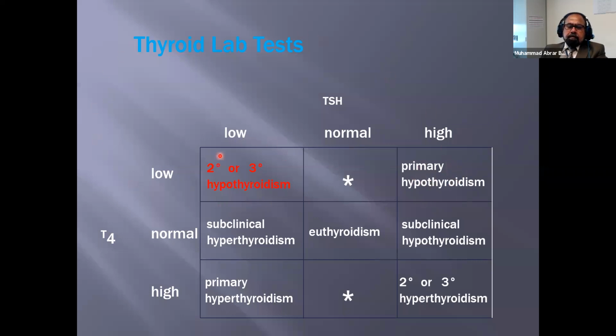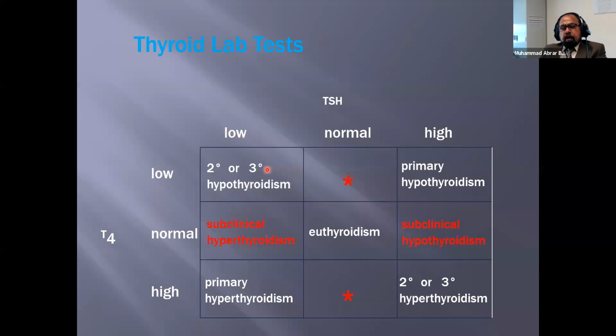In secondary and tertiary hypothyroidism, what will happen? The TSH will be low, as there is a problem in the pituitary or in the hypothalamus. It is not signaling or asking the thyroid gland to secrete thyroid hormone, and the thyroid itself is not producing it, so it is secondary or tertiary hypothyroidism. There are two other clinical